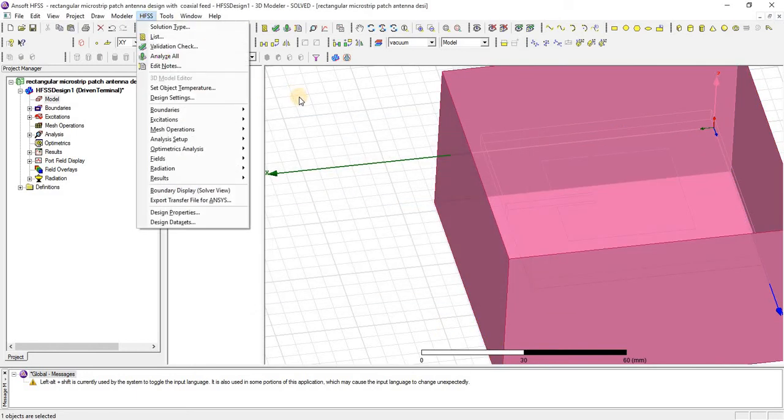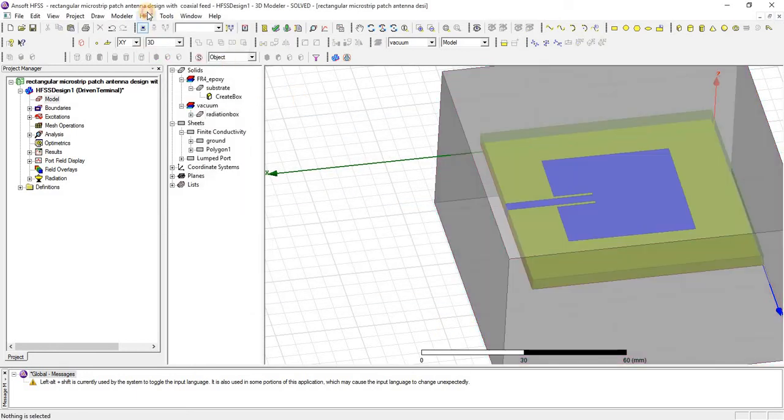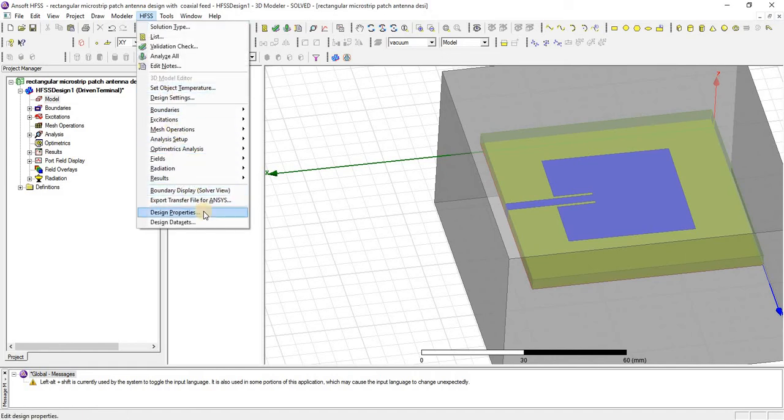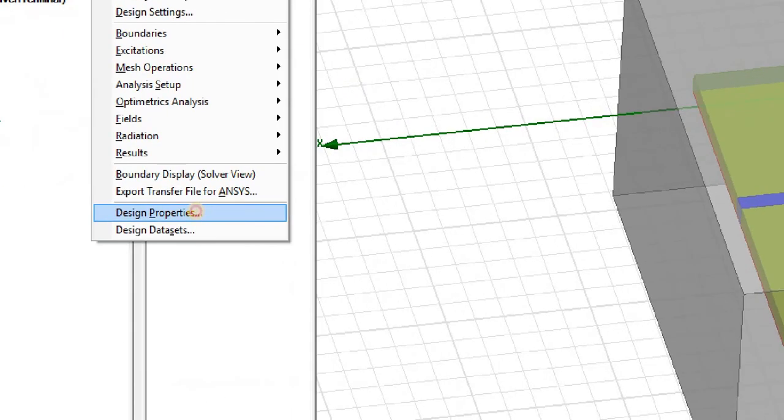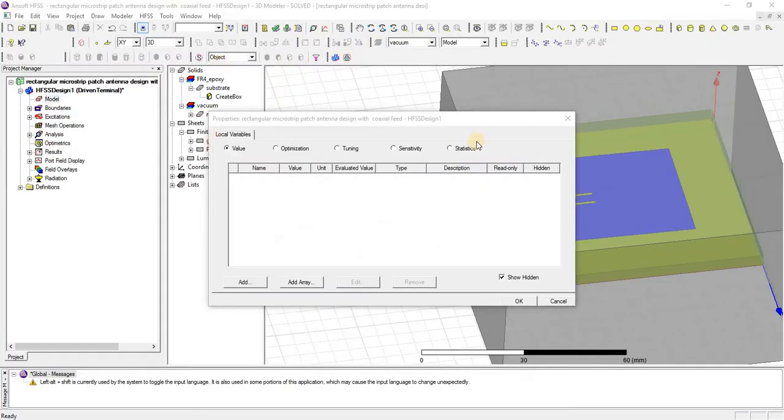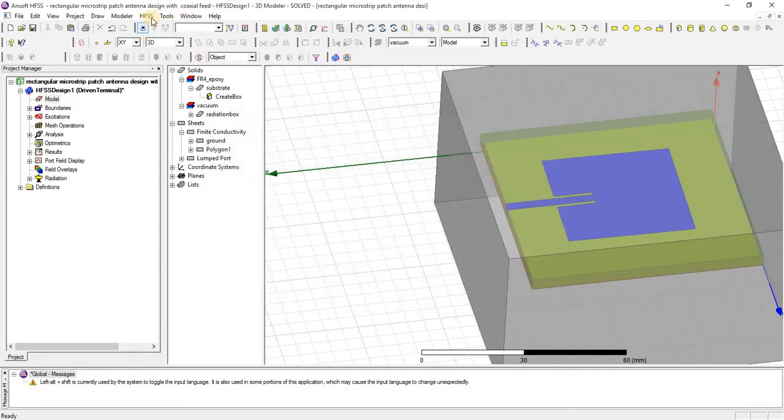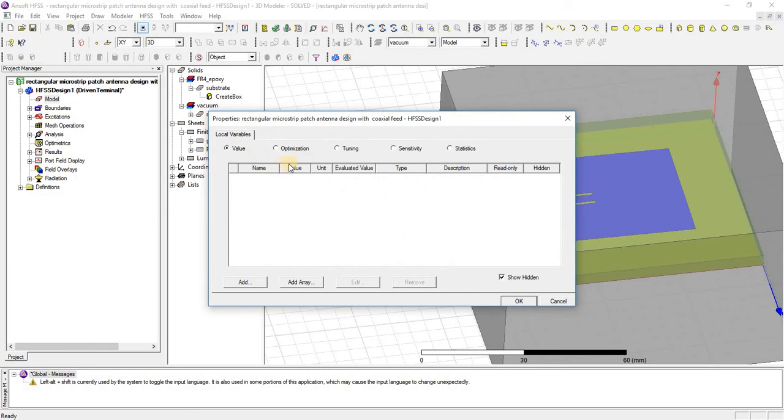Now the further design properties for a variable. From here you can see that no variable is defined.